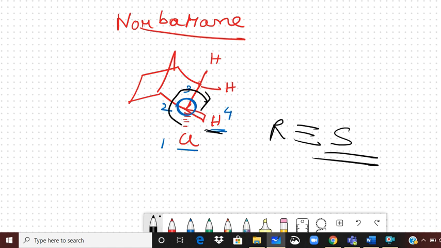It will be very beneficial if you do this and understand how we do it with the Fischer projection, how we do it with this cyclic part, norbornane, spiro, biphenyls, and with different chiral centers also we did. So we can easily do that. If such things come in the exam, we can easily do that. In the next class we will talk about much more of the stereochemistry. For now, thank you.